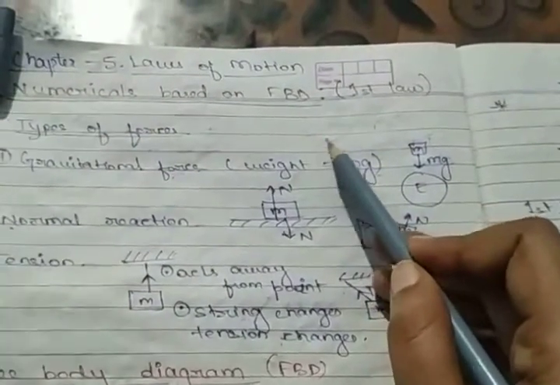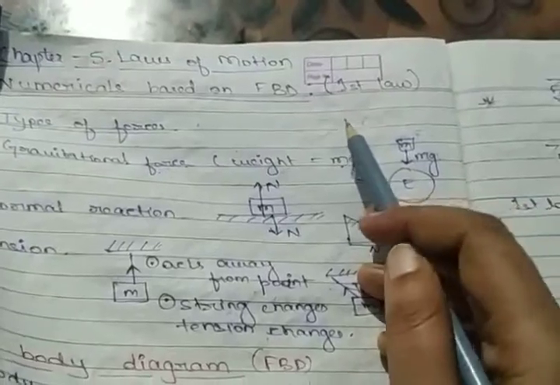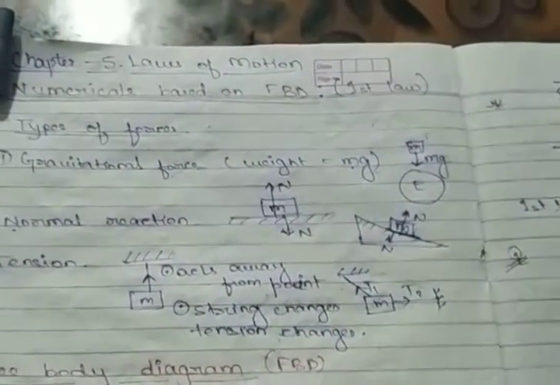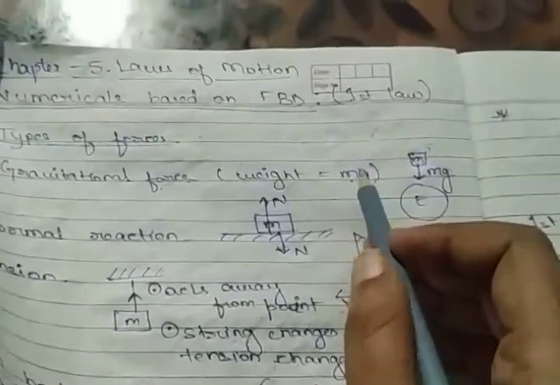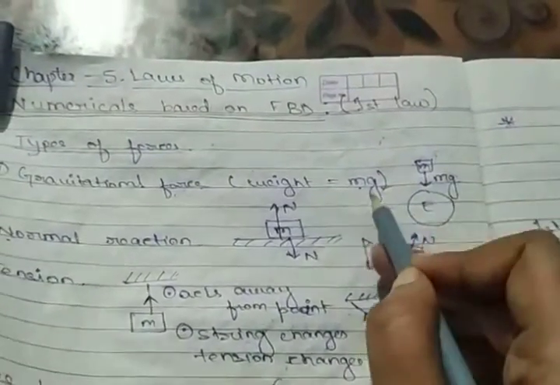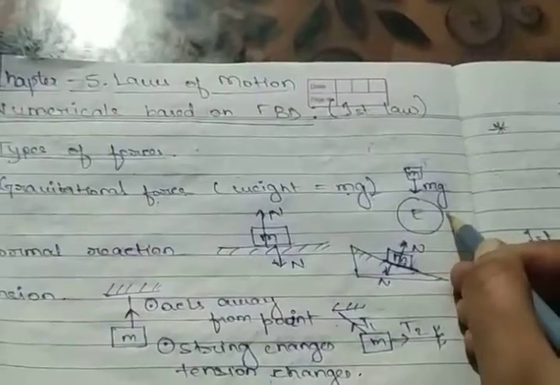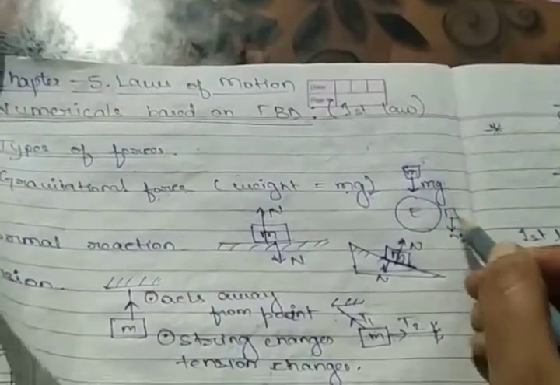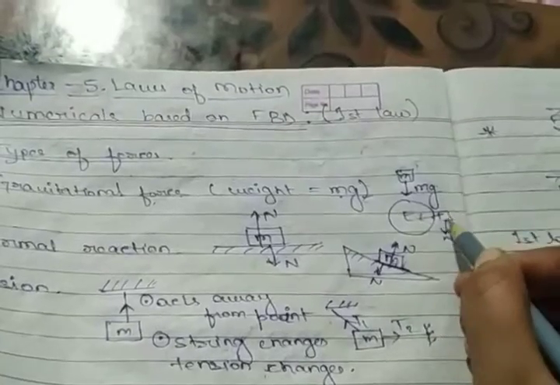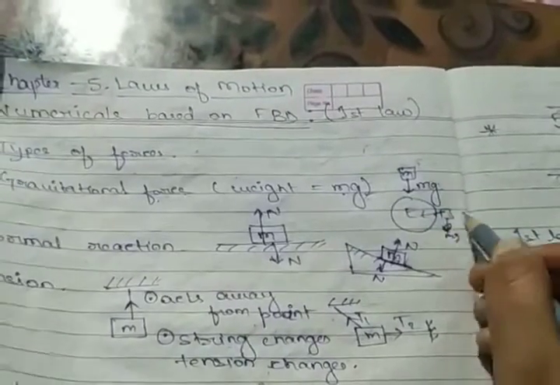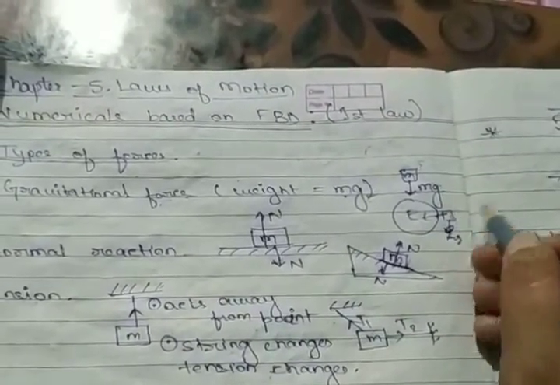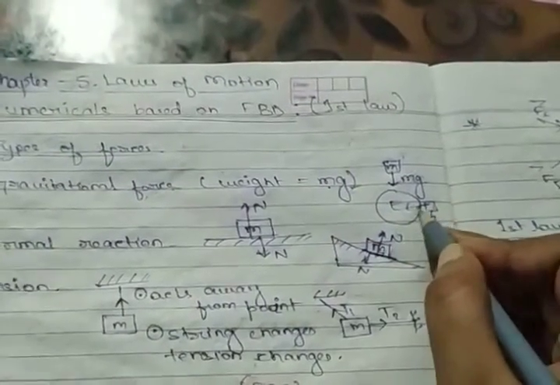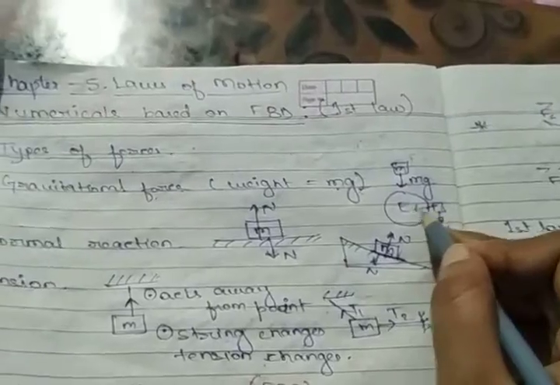We are not speaking about F equals G m1 m2 by r square. That we will study when we study gravitational force. Now we want to know about this. If any body is placed over here, what will be the weight? Will it be like this, mg? No, it will be towards the center of the earth. Any body placed at some distance from the earth is pulled towards it, so this force mg is always towards the center of the earth.